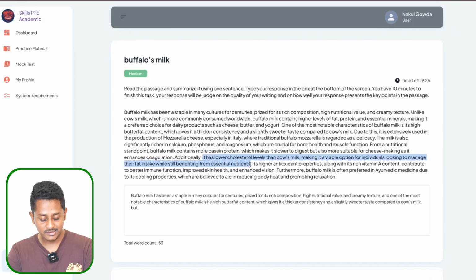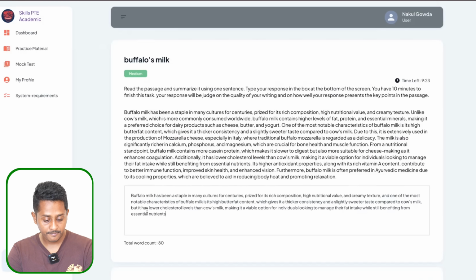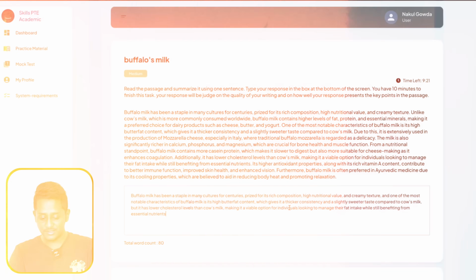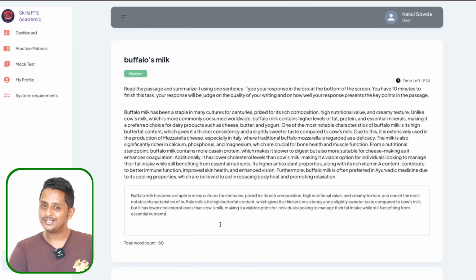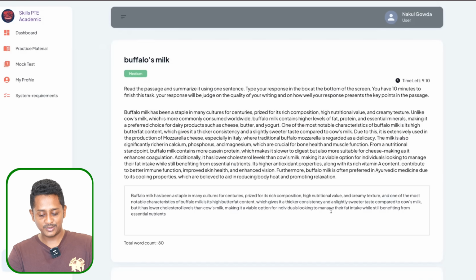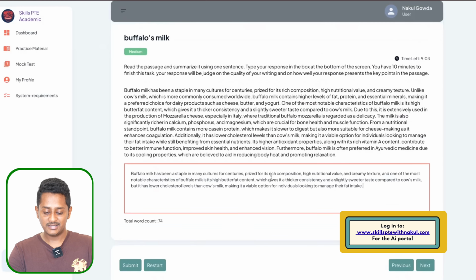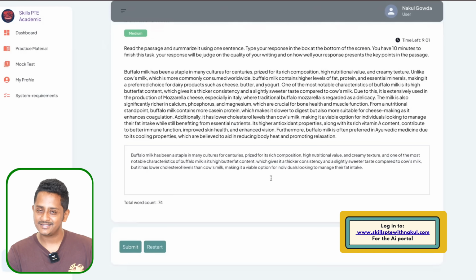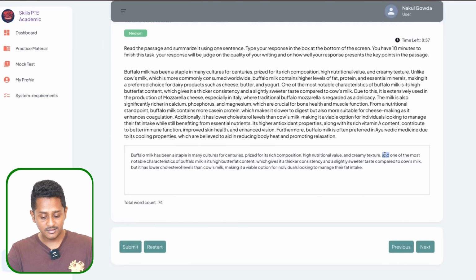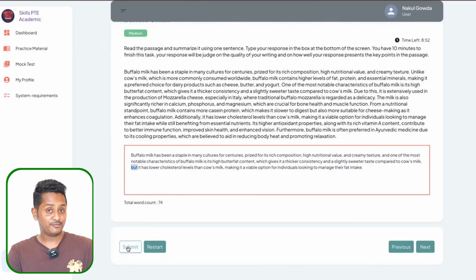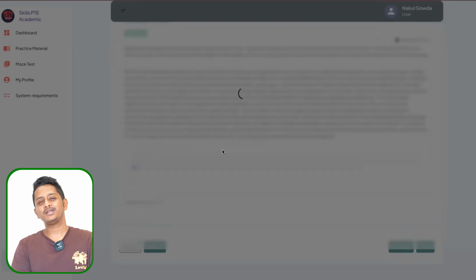Now this is going to be a little lengthy sentence. It may exceed 75 words, 80 words. So I'll just remove the words which do not have dependency. Then "cow's milk, making it a viable option for individuals looking to manage their fat intake." While doing this, I removed some words. I'll put a full stop. It's 74 words. I've taken just 3 sentences, and in between them added 2 connectors, comma and probably here, and comma but probably here, and put a full stop towards the end. 74 words. This would be ideal.